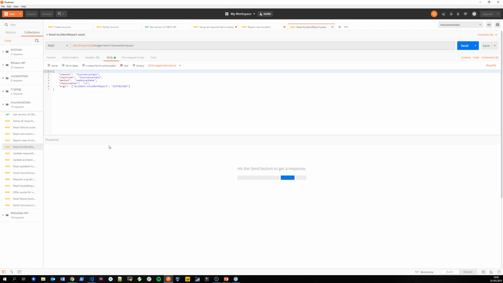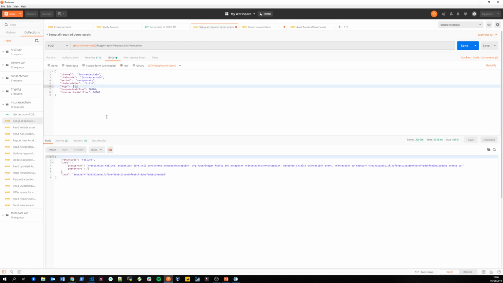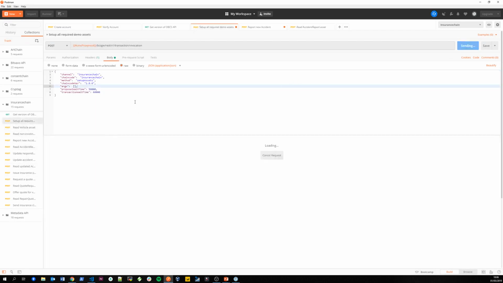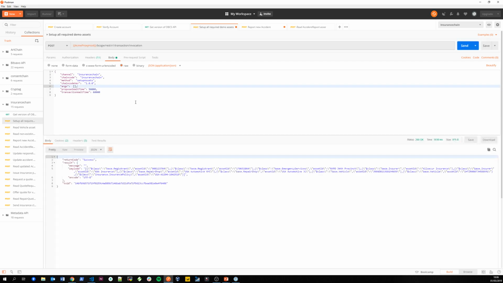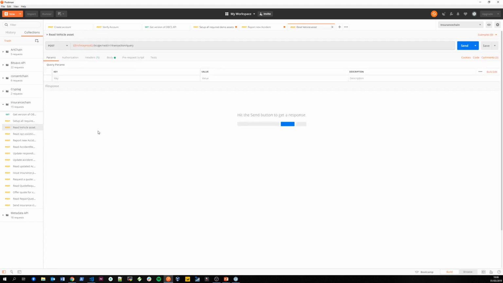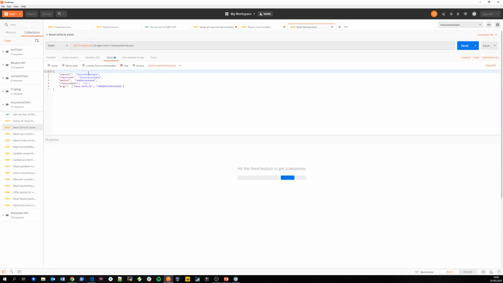Just what I can now do is go back to the setup and then try to send it again. Hopefully this works. It takes longer, right? Yeah, it's done. So I get a response back, and this is the event payload that I described, and it shows all the IDs it created and things like that I can use in reading vehicle statuses and stuff like that. So I've got an invocation here, the query, and I'm doing the read asset one,